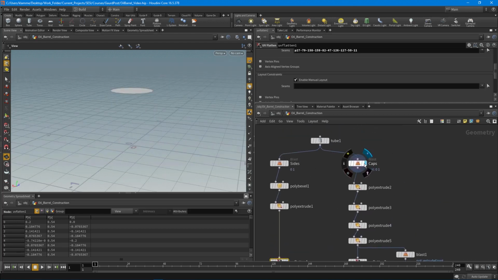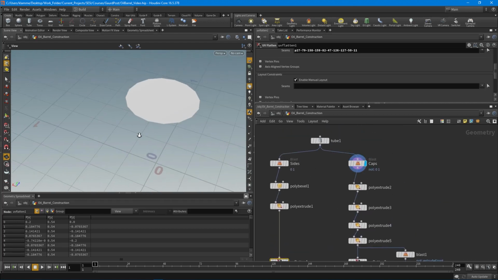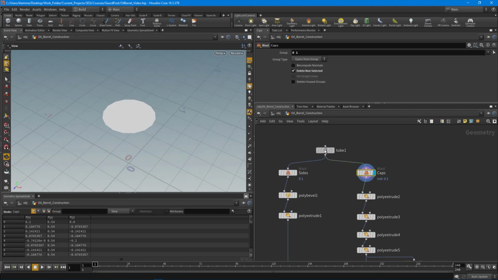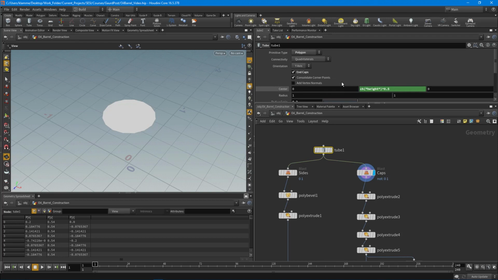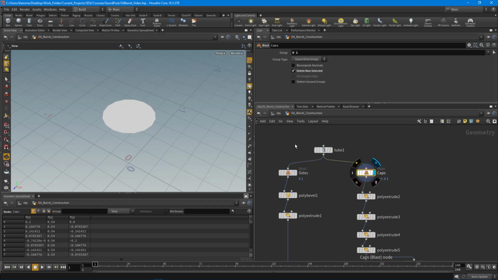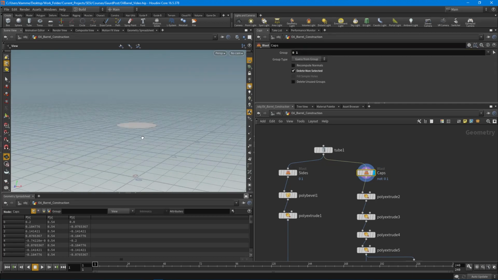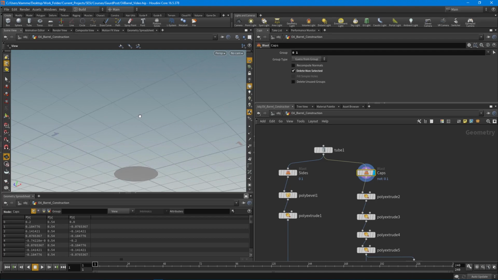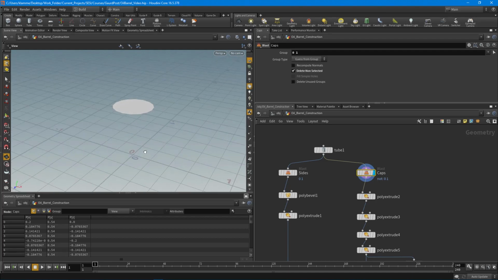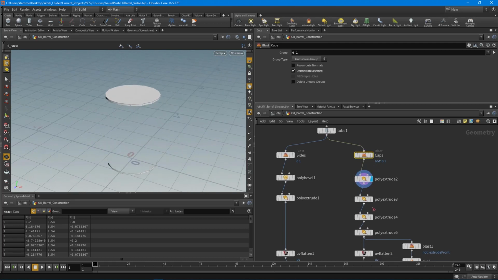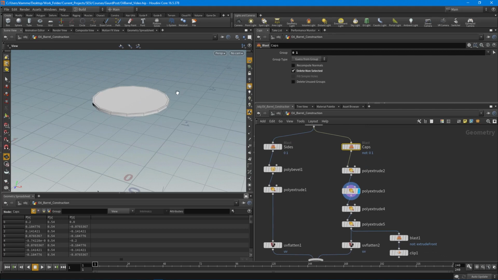All right, so with the caps, you can always grab the caps from a tube. Whenever you create a tube and turn on the end caps, you can always get the caps, because the caps are always primitive 0 and 1. That's just one of those procedural things that you can always count on when working with the base tube primitive. Then I poly extruded up a little bit, then inset it a little bit,